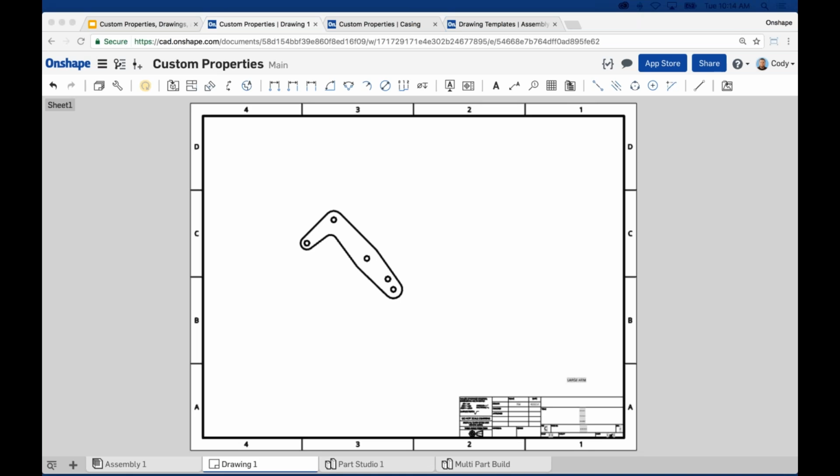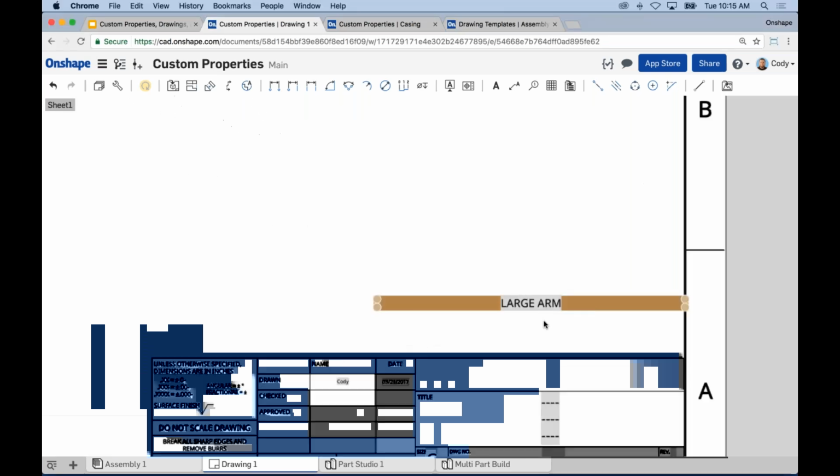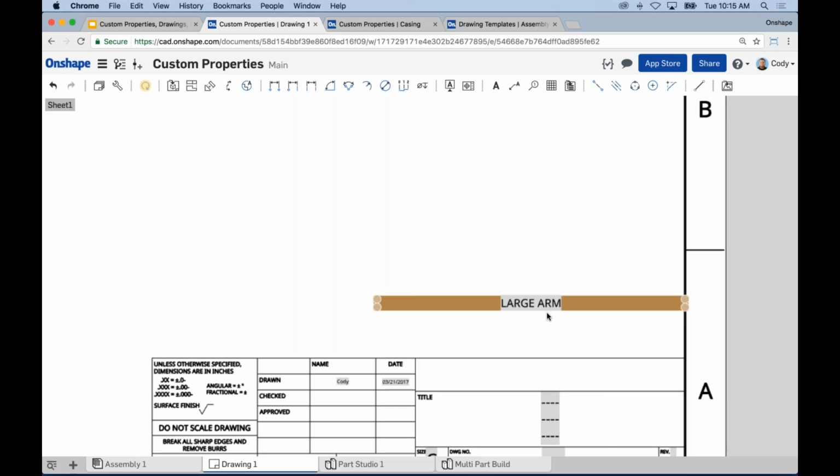All right, so moving on. Now, we've discussed inserting properties into your drawing, right? So here I've got this large arm note. Essentially, it's just a linked note to the property of name for this part. Now, the key thing there, what's new with this latest update, is when we go into the sheet properties, we